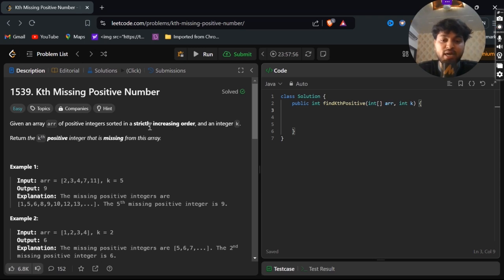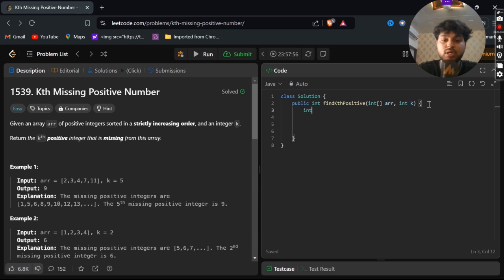You have read it. After that, here the class Solution is there. We have this function, public int findKthPositive. In this we have an array of int, and the k element. Very firstly, like we do in binary search, I'll make left and right, or low and high.